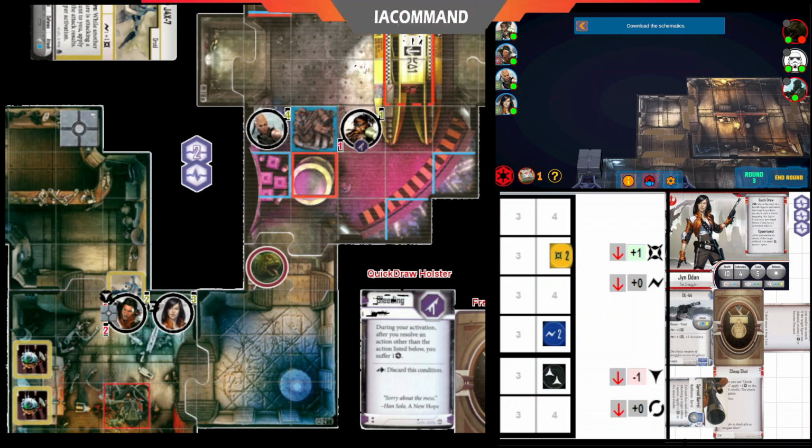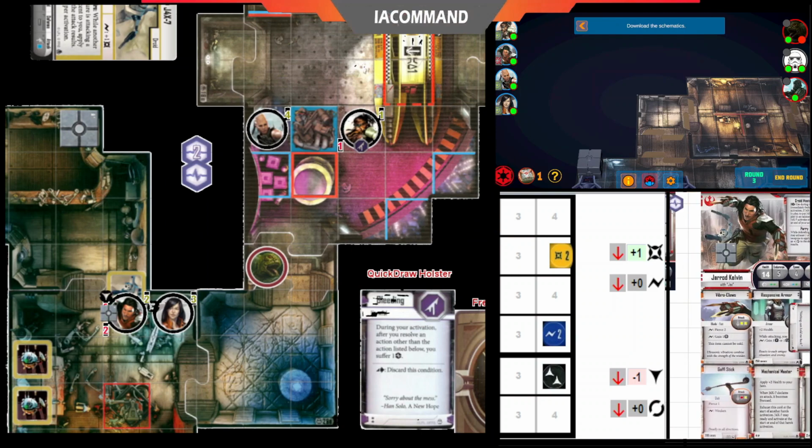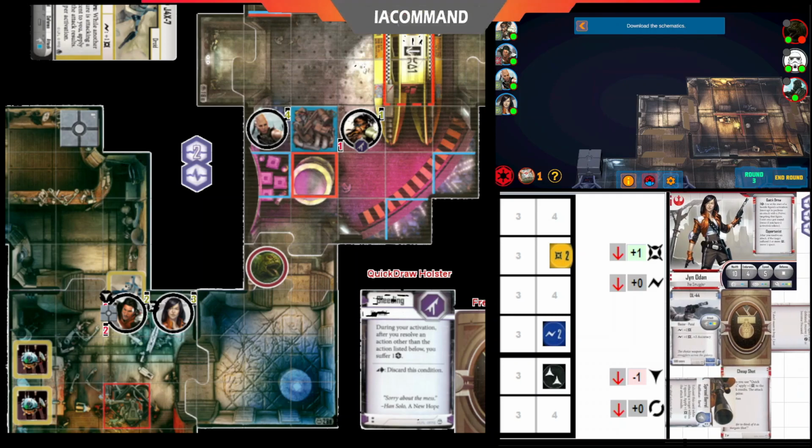So let's go with... Let's try and stop those droids from activating. We'll go with Jin here. But if I could get Ko-Tun close enough to Jin, I could use Opportunist. That's tough. 1, 2, 3, 4... No, it's not worth it. We'll just go with Jin. Jin will activate, and we'll... Let's see...